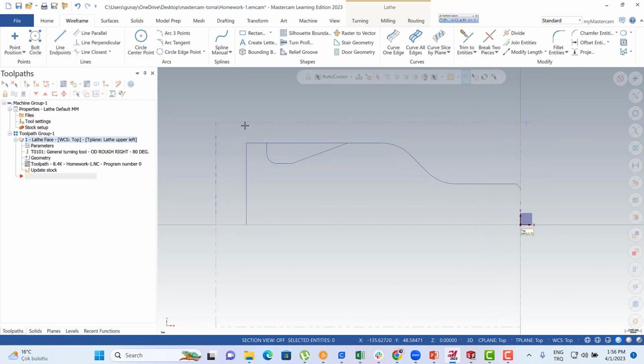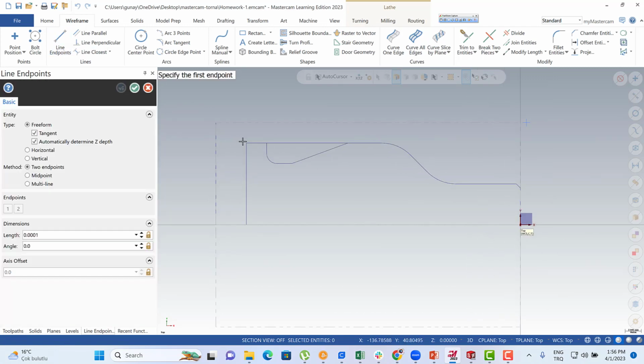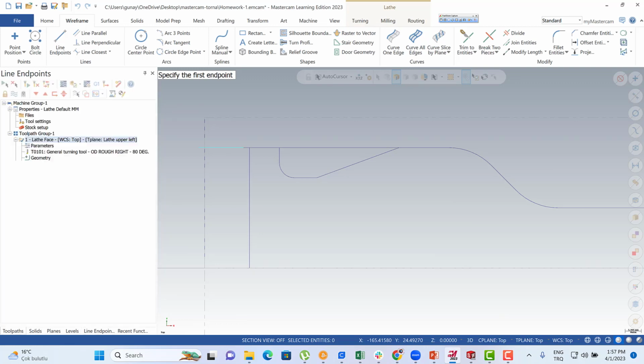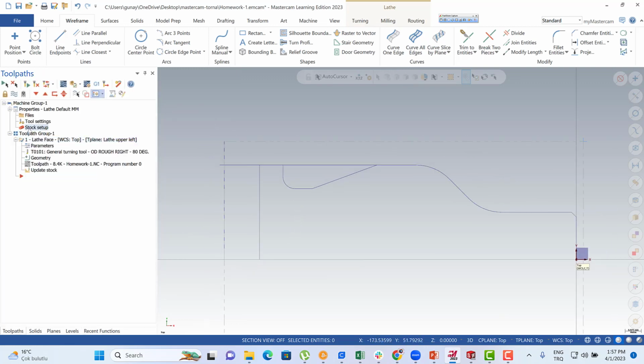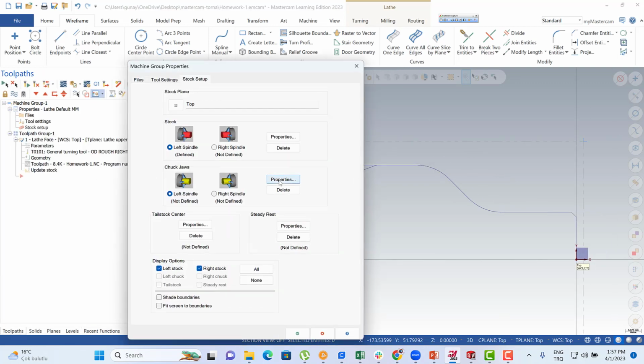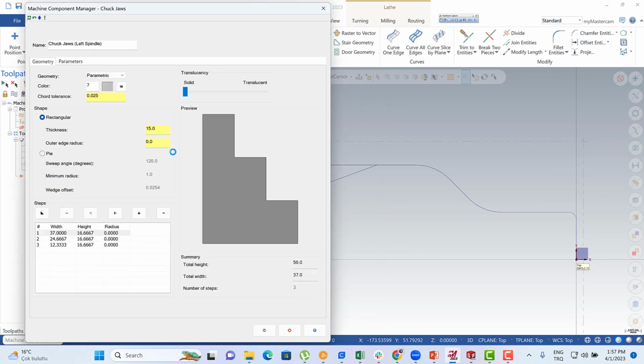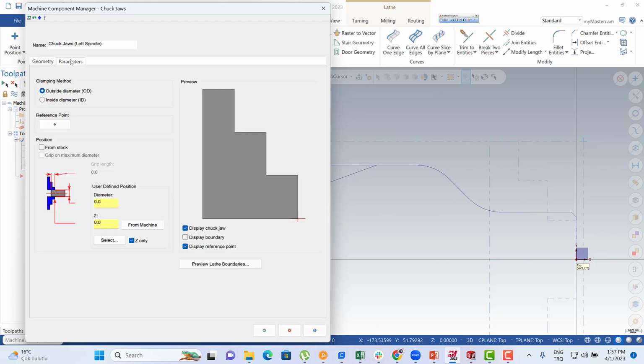So actually, by the way, you can also add some extra line here. It can be 2 millimeter. We can also add extra line here like this one. It can be 15 millimeter. So we can turn to the stock setup and we can turn to the chuck properties and then we can turn to the parameters,